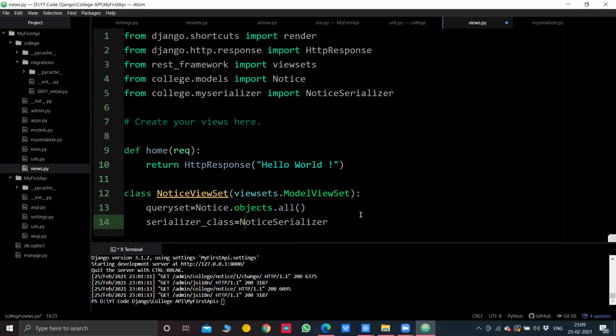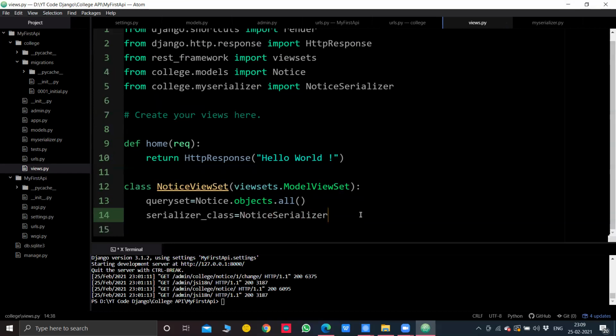And that's it. We are done in this part for now. I'll save it. And now these view sets, get, create, put, etc., have to be registered using routers. Now you see this view set that we have created, it helps you handle the database of Django, that is SQLite 3, from the command line terminal as well.